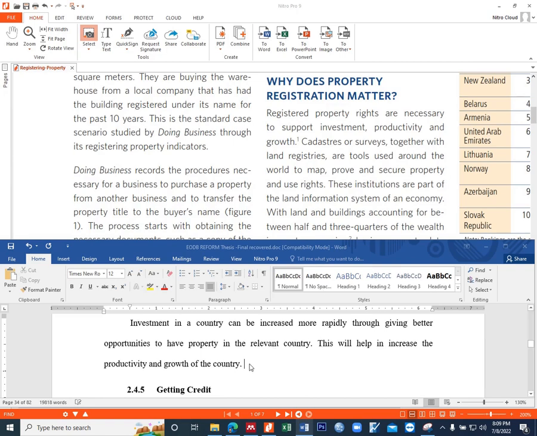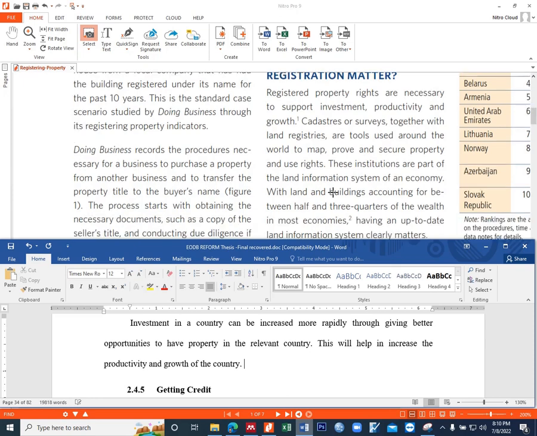Now I will move on further. Surveys together with land registers are tools used around the world to map, prove and secure property, and these institutions are part of the land information system of an economy. Land and buildings account for between one and a half and three quarters of the economy's wealth, so having an up-to-date land information system is clearly noticed. Okay, for this purpose,